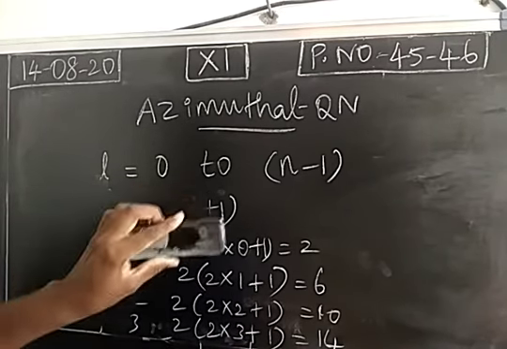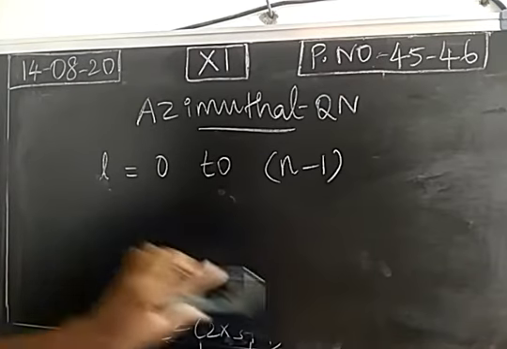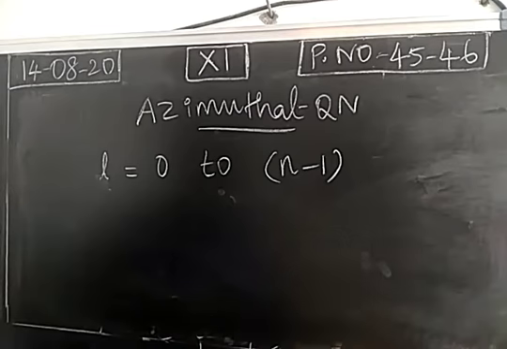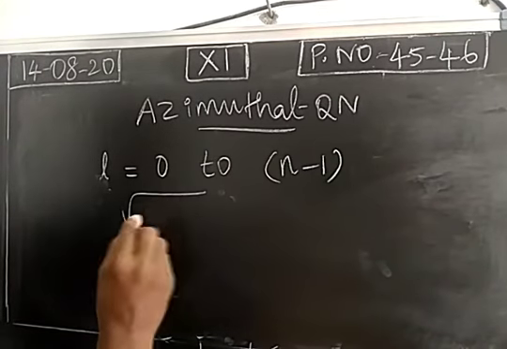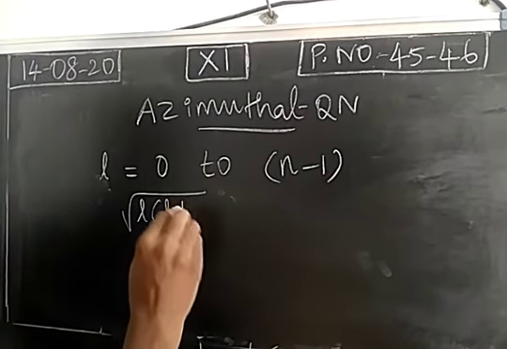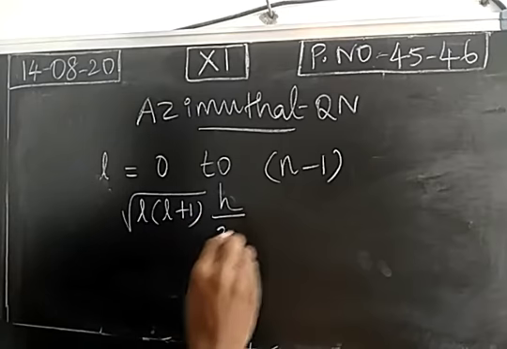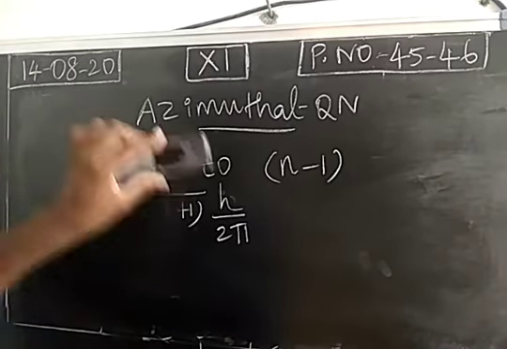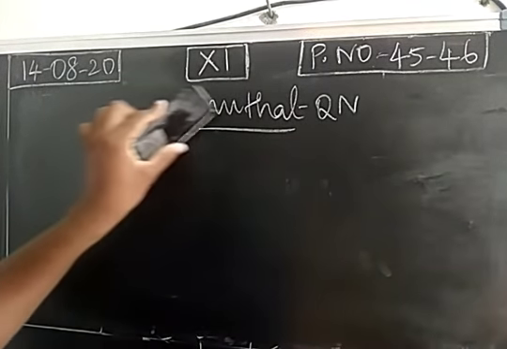Next, one more formula that is used to calculate angular momentum. Right. The angular momentum of an electron is square root of L into (L plus 1) times h by 2 pi. So this is the formula to calculate angular momentum. Using the azimuthal quantum number, we can calculate the angular momentum of an electron in one particular subshell. So this is called the azimuthal quantum number. Next, we move into the magnetic quantum number.